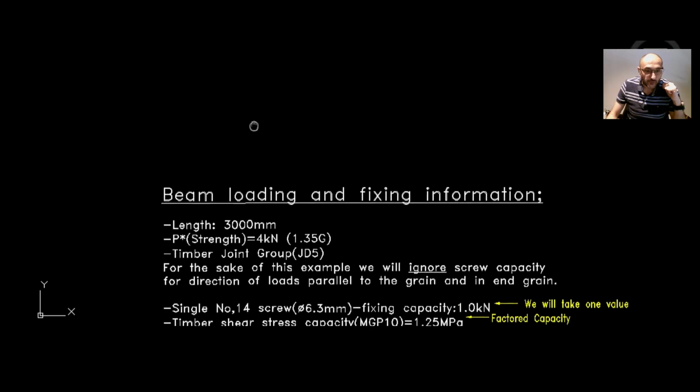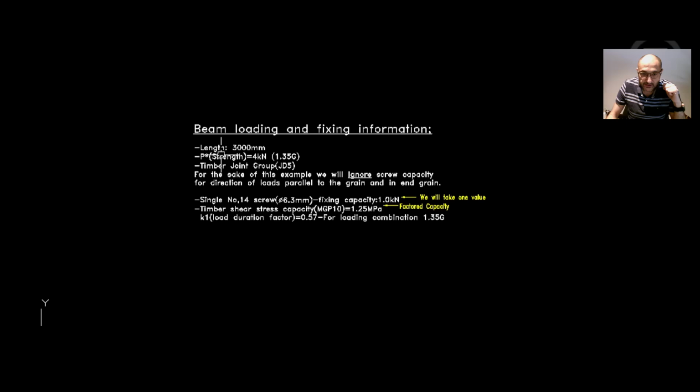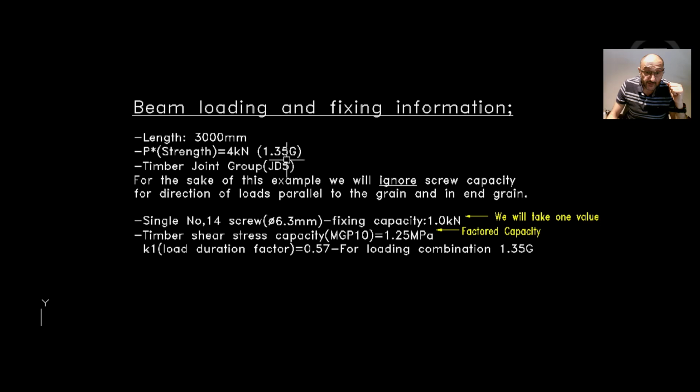Here, what do we have? We said that the beam length was 3 meters. The factored load for strength is 4 kilonewton for the loading combination of 1.35 G. That's around 400 kilograms, say. The timber joint group for